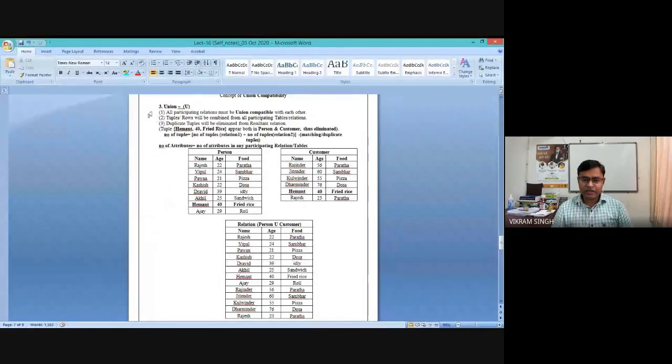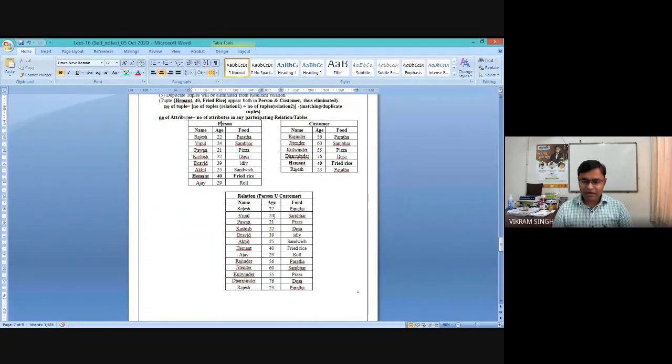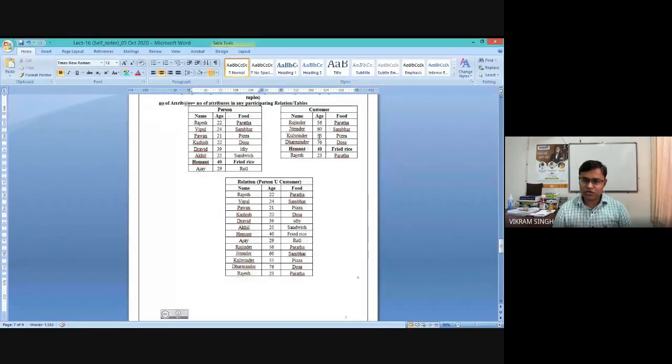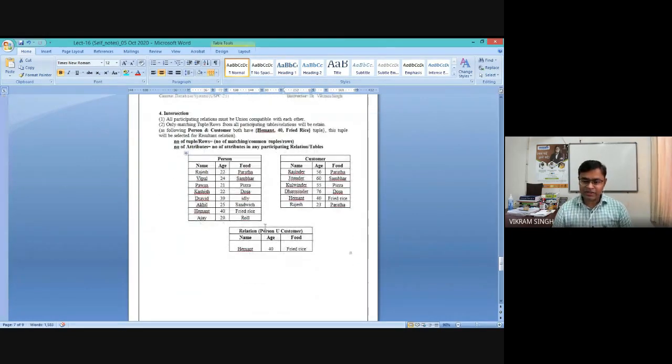So you can see, here we have again these two tables, person and customer. So we have person and their food choices, and again we have customer data. After performing union between these two, because you can see the names of the attributes in both are the same, अगर आप directly ही कर दें person union customer, तो इस तरीके का डेटा मिलेगा आपको, ठीक है. Similarly, if you perform intersection, there will be a lesser number of attributes.